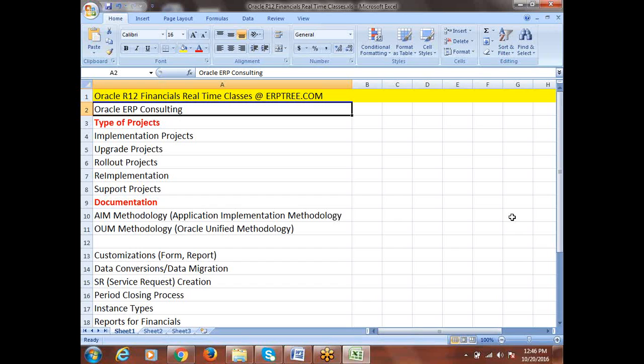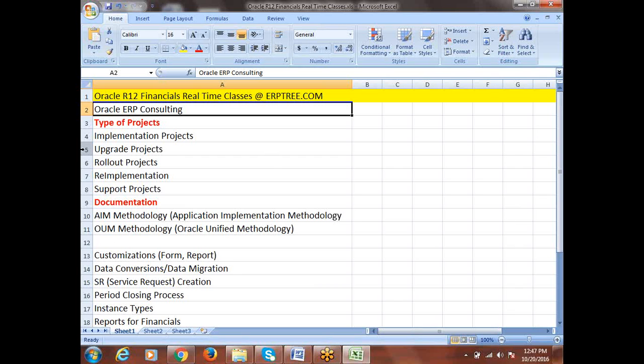We'll also try to understand what Oracle exactly is and what different divisions it has, because when you work as an Oracle consultant, it's very basic information we should know. Oracle doesn't only sell the product; there are many divisions. There is Oracle University, which provides education, and ERP consulting, which provides consulting services. We have Oracle Global Support, software and services, and an on-demand division. We'll be discussing these.